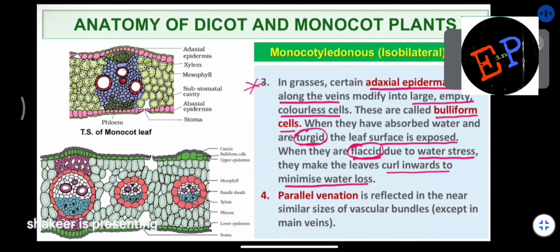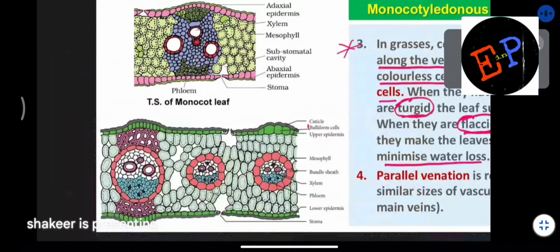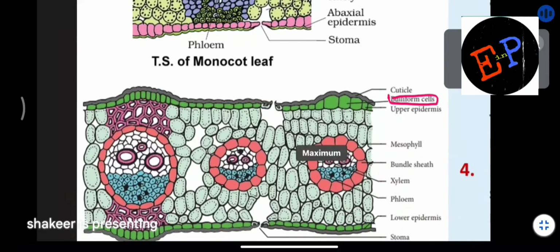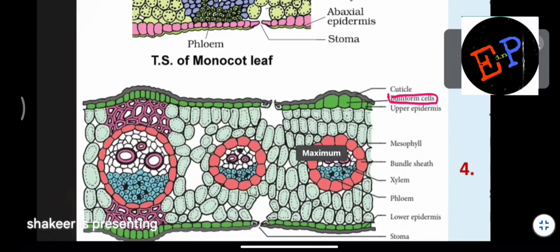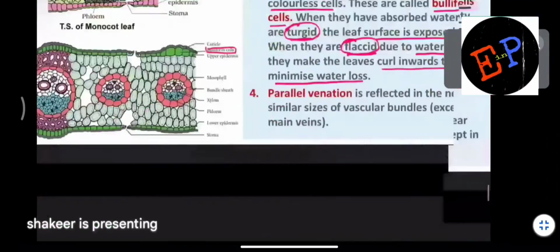So here in the figure you can see. These cells you can call as bulliform cells. They are present below the cuticle. Cuticle కింద ఉన్నాయి చూడండి. Are you able to see? So they are present below the cuticle. They are called bulliform cells. Are you able to understand? That's it. Okay. So next,